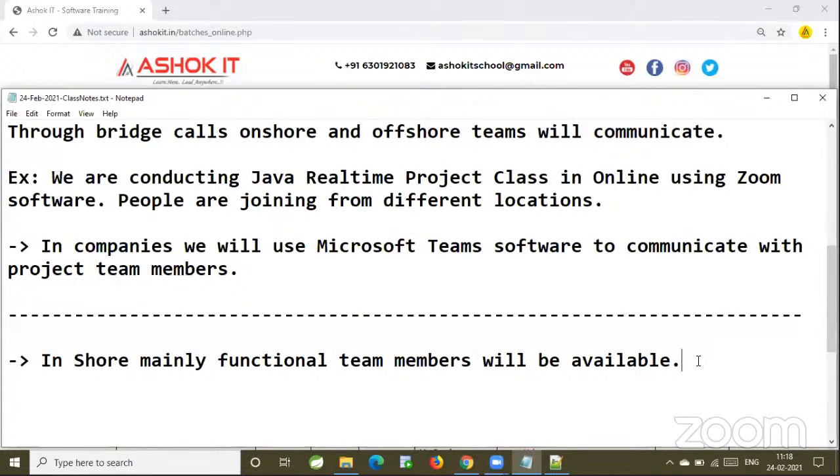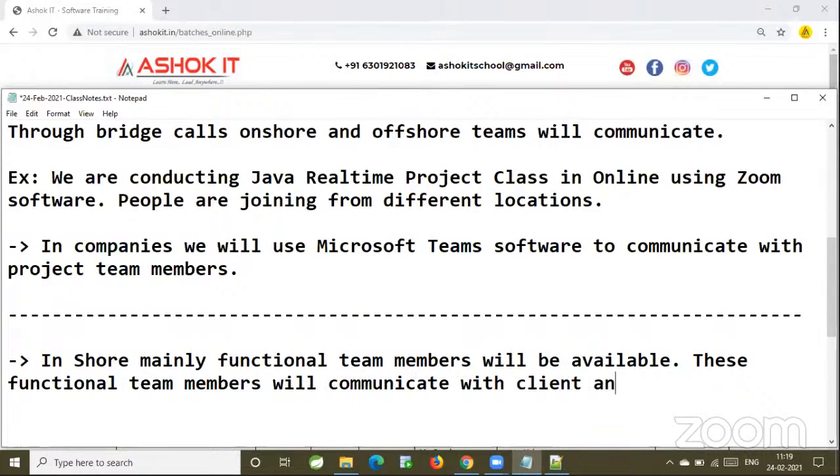Business analysts. The functional team members are responsible to collect requirements from the client. These functional team members will communicate with the client and will gather requirements from the client.